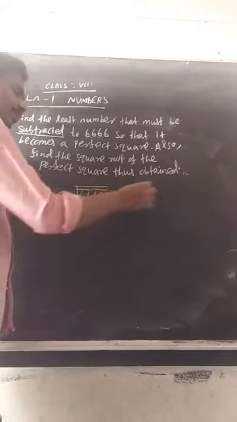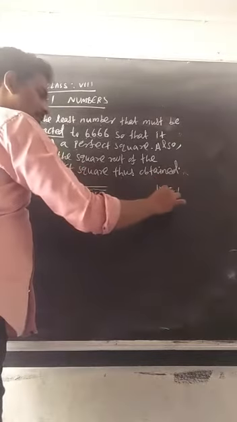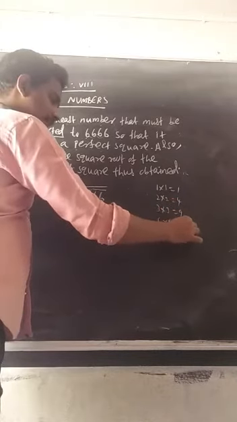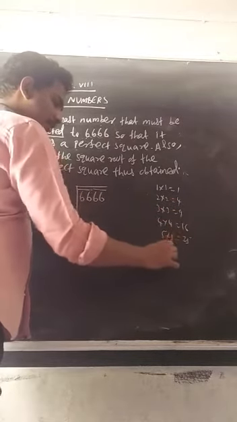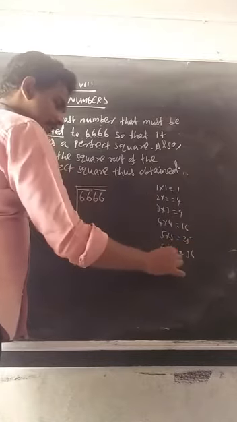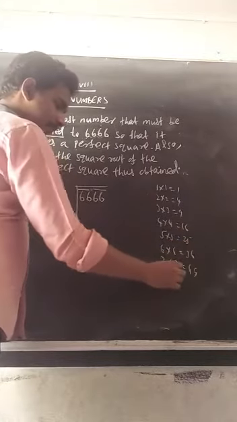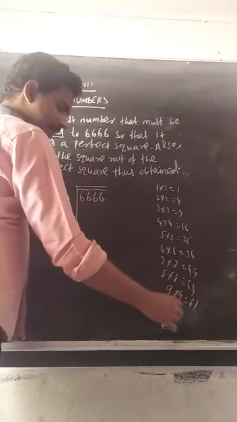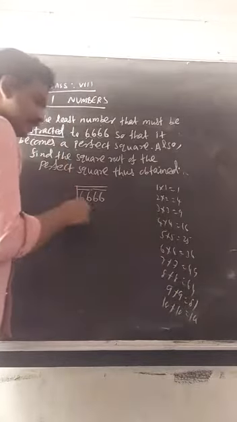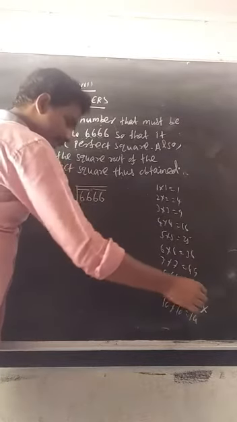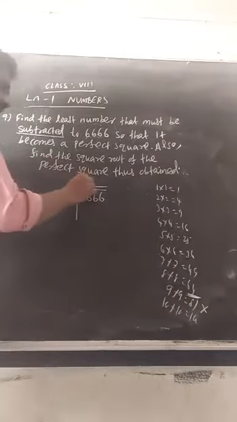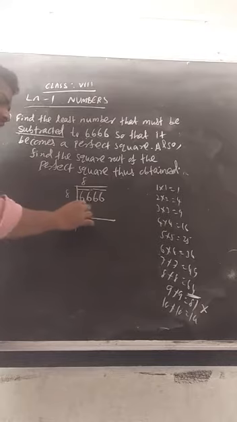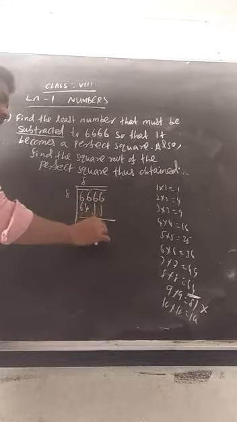Apply the bar. So we know that 1 one is 1, 2 twos are 4, 3 threes are 9, 4 fours are 16, 5 fives are 25, 6 sixes are 36, 7 sevens are 49, 8 eights are 64, 9 nines are 81, 10 tens are 100. Where you are getting 66 above 81, you should not take that; you take 64. 8 eights are 64. Remaining 2, bring down this number 66.